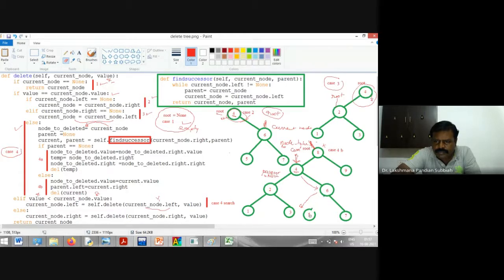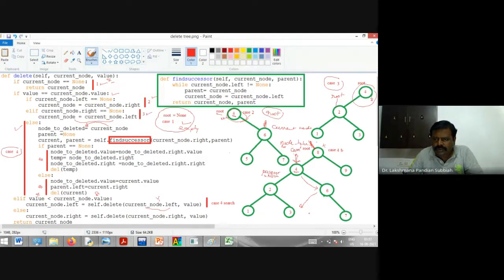If you don't have it in that tree, here we have find successor, which we do with the statement. So now find successor, right? Assume that we are in this position here.